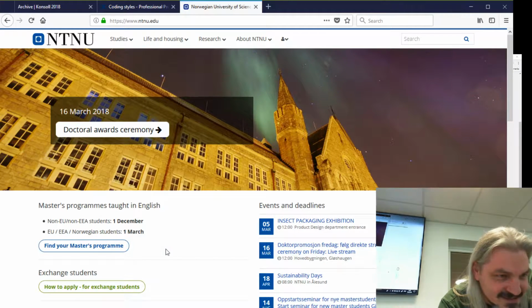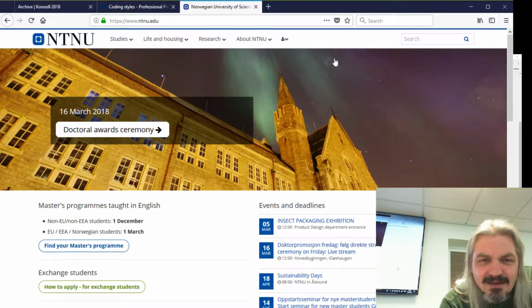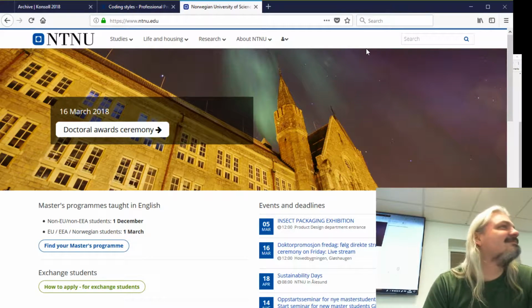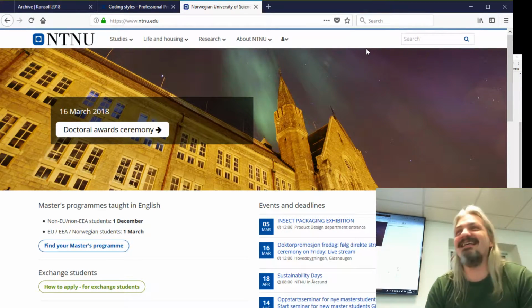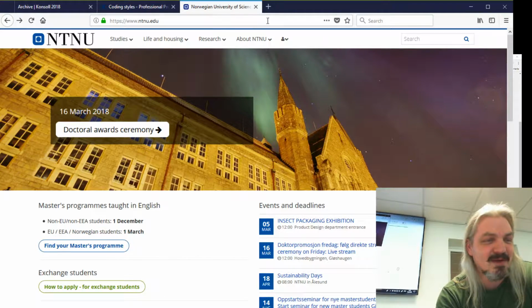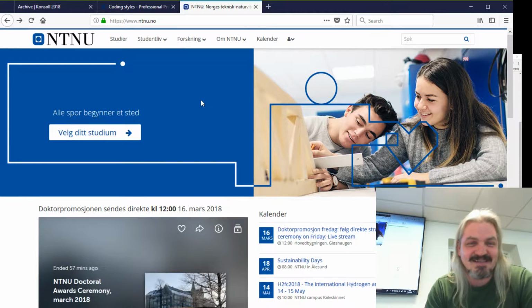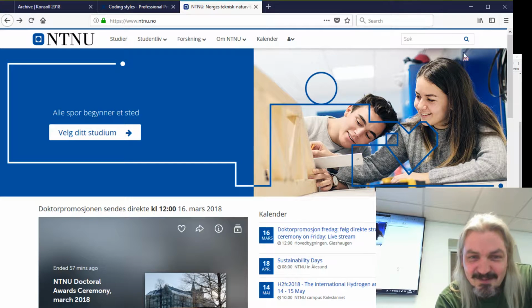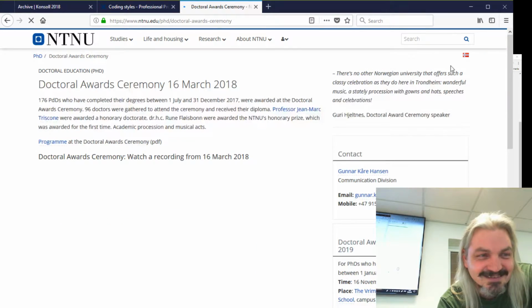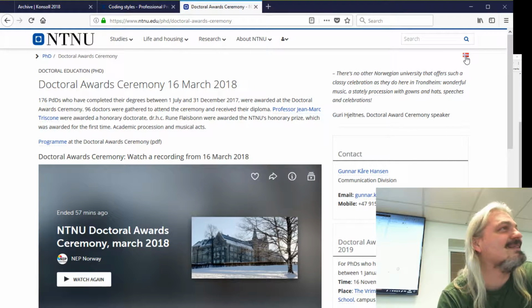Master's taught in English is there. Where's my Norwegian button? How do I go back to Norwegian? I think you have the back. Press the back button. Actually, I think I disabled backspace because of automation. Oh no, it does work. So yes, because there is this little English button, I kind of would have expected there to be a Norwegian button somewhere here, but there's not. Oh, now there's a Norwegian button,